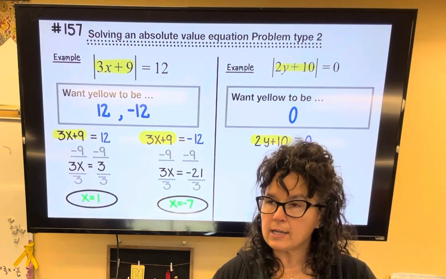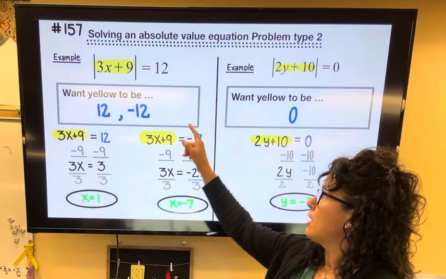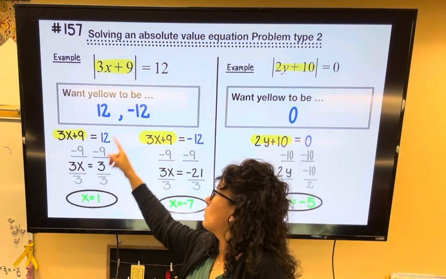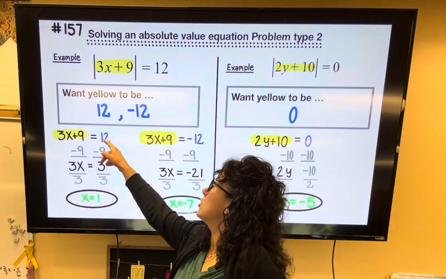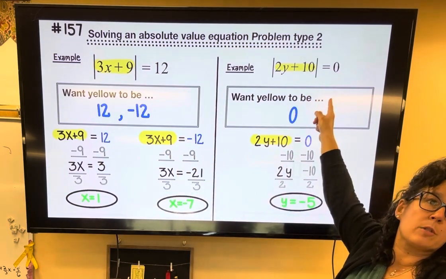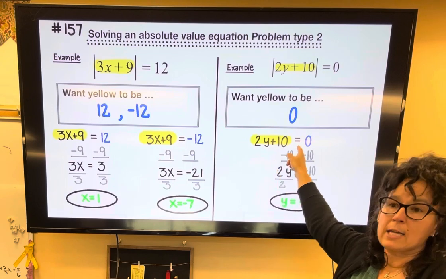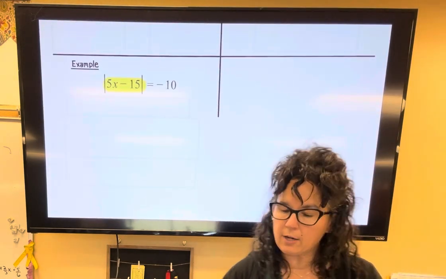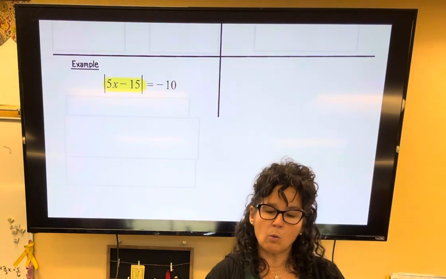Then the last example, notice so far our absolute value equaled a positive number. So we set what's inside the absolute value equal to both 12 and negative 12. We had the absolute value equal 0. So we set what was inside equal to 0. And then if I look at this one here and we think, well, what